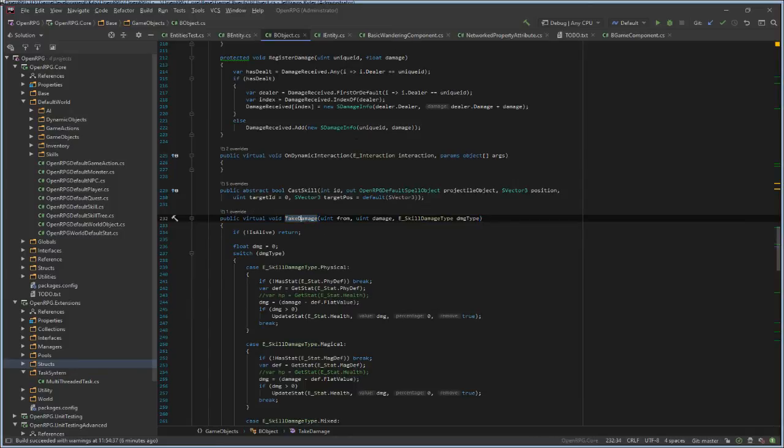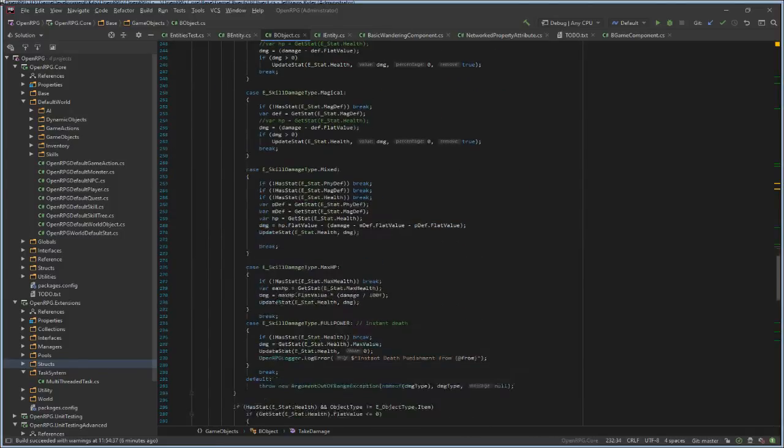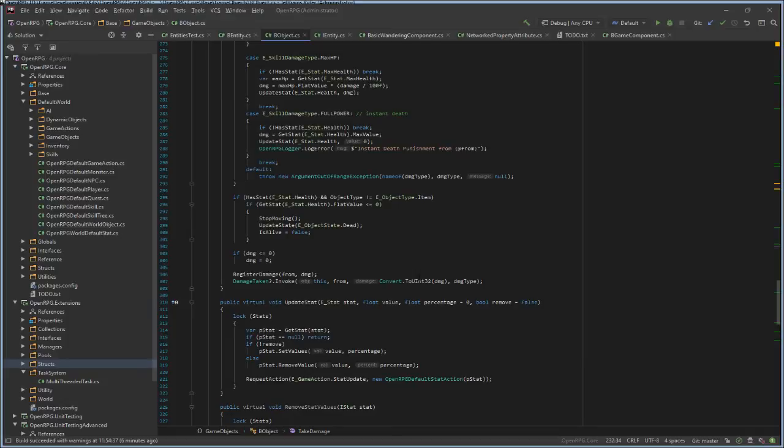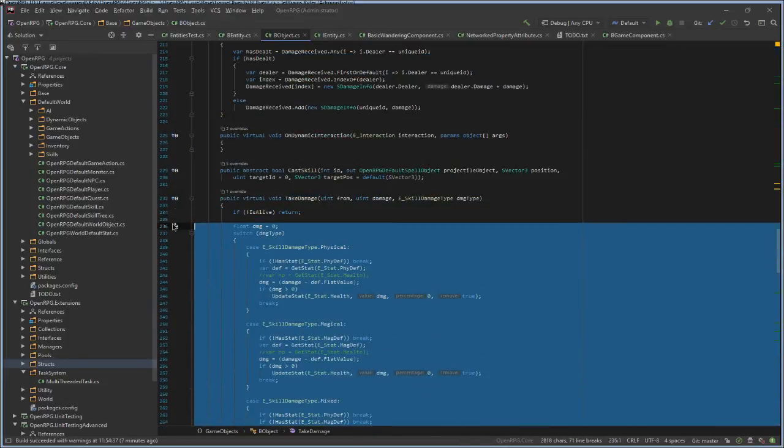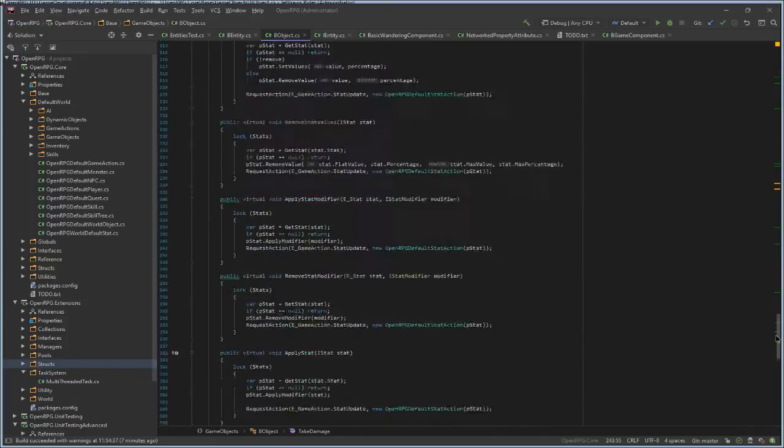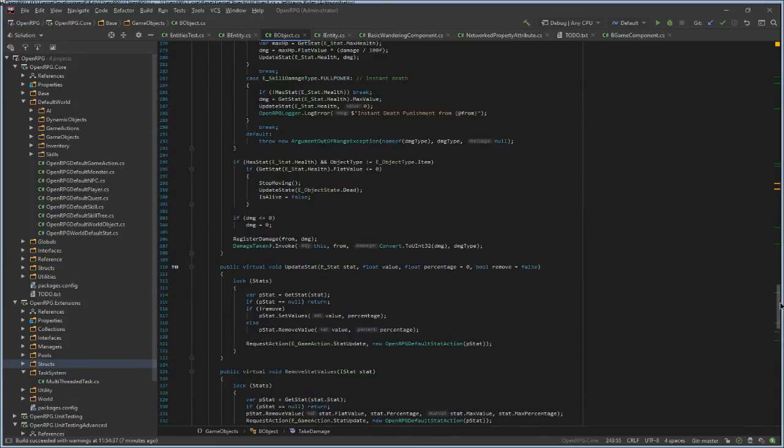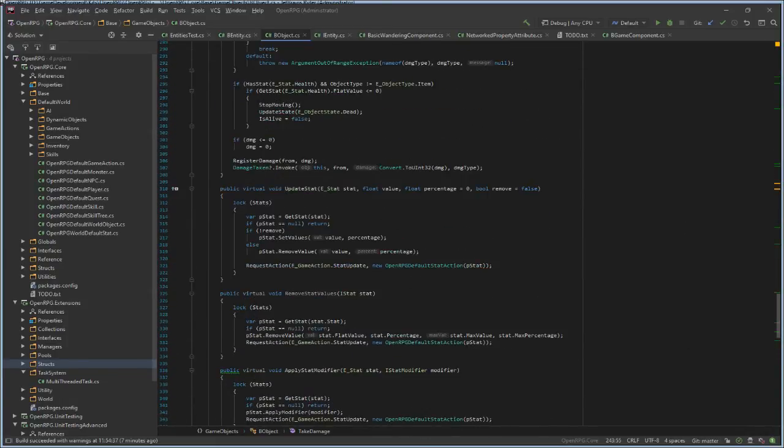These methods will stay the same, but the damage logic will be in a different component.